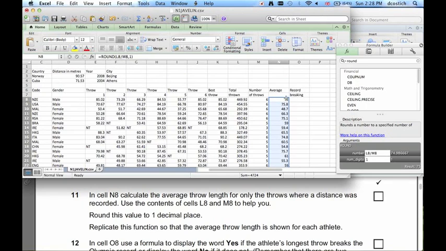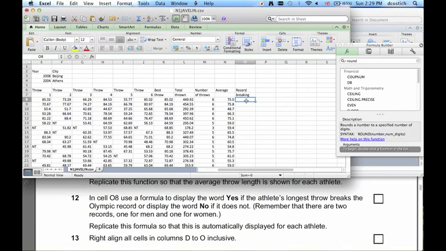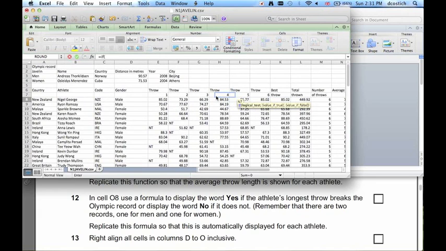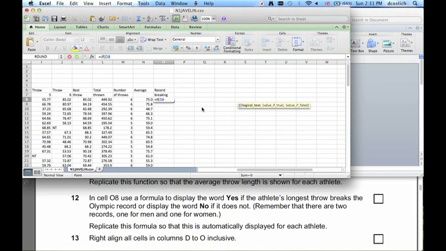That's correctly rounded. However, some of these have no decimal places because, for example, this would be 75.0. So to indicate that we've done this properly, we can display every cell to 1 decimal place. Now I can use an if function for this, and this is going to be a nested if statement. So I'm not going to use formula builder this time because that doesn't cope so well with nested if functions. To do that, I type equals if, open brackets. The first test is to see if this athlete is male or female. So click on male, and we're comparing this to the word male. So if D8 equals quotation marks male,